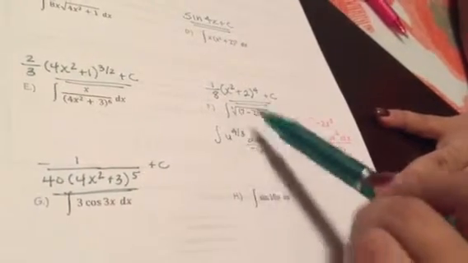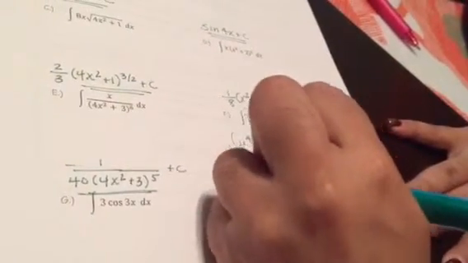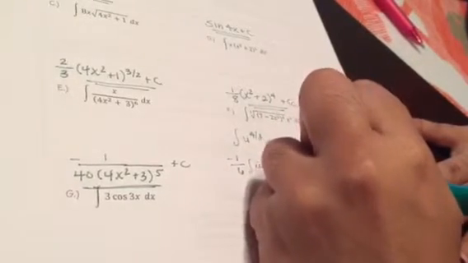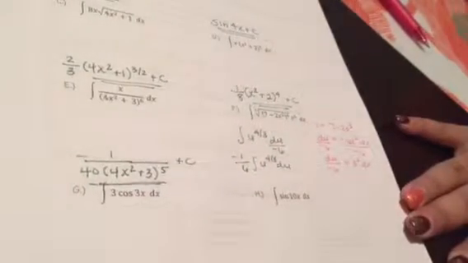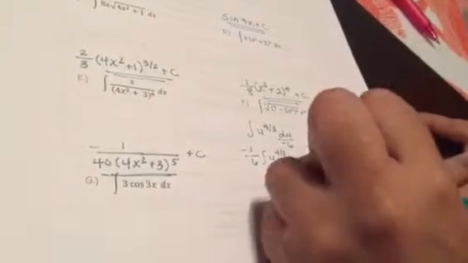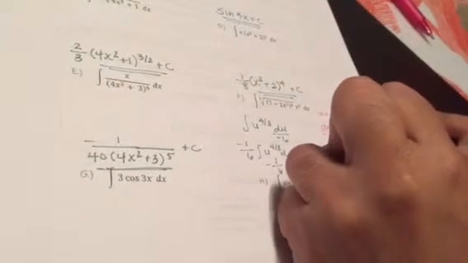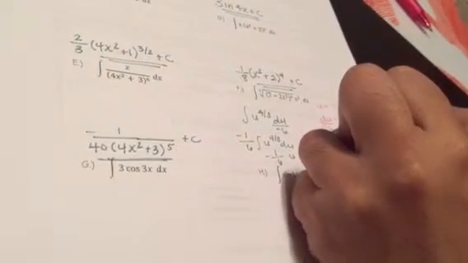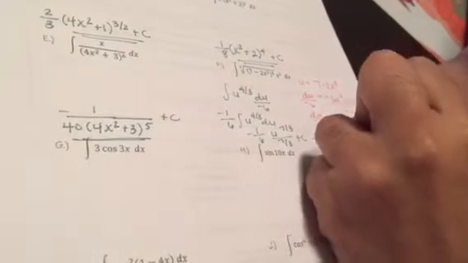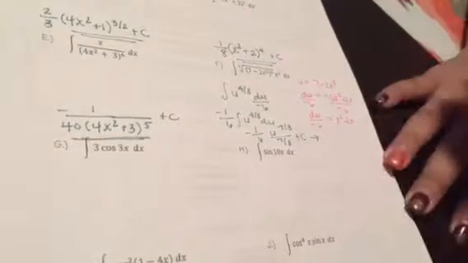Well, now from here I can pull out a negative 1/6 because that's a constant. So I have the integral u to the 4/3 du, and then I would just use power rule to integrate that. So it'd be negative 1/6 u to the 7/3 divided by 7/3 plus c, which then simplifies to